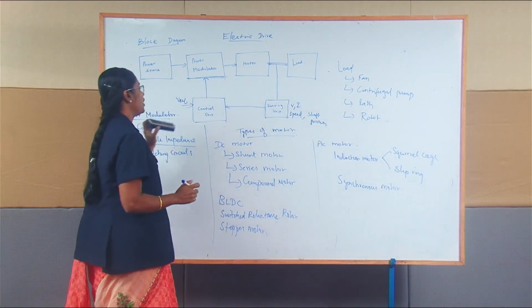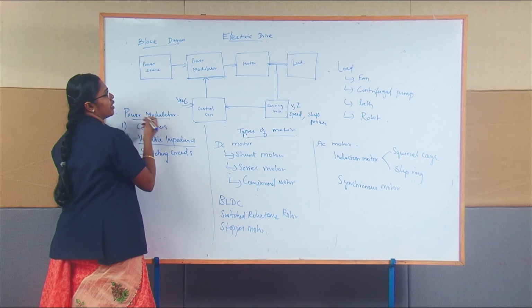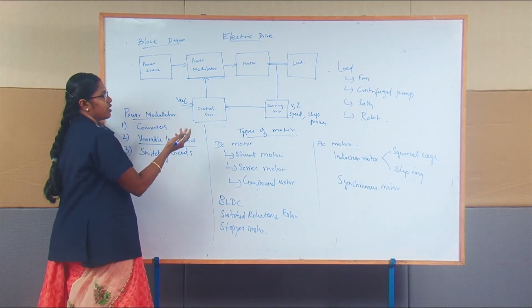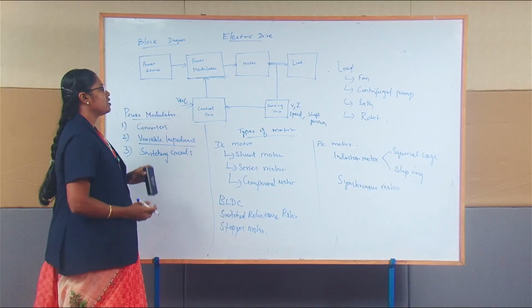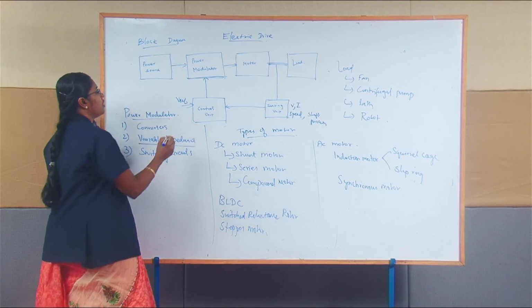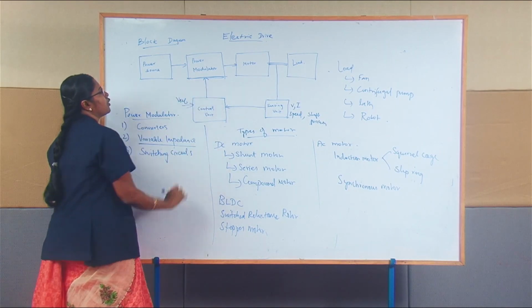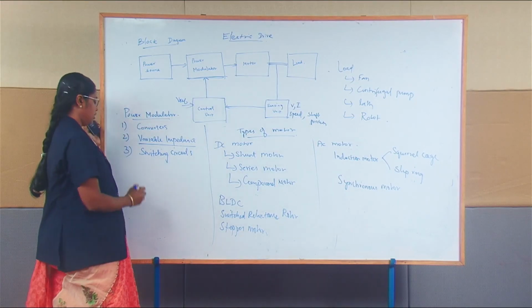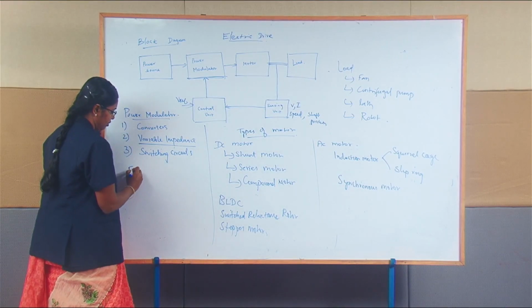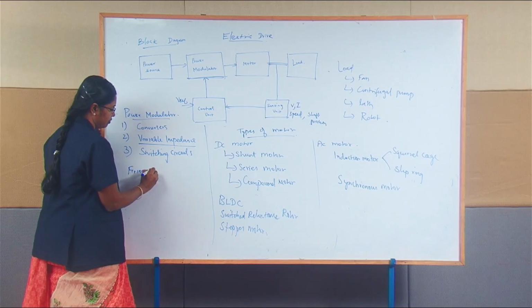And these parameters will be compared with, again, the voltage reference or current reference or speed reference. And the controller is going to minimize the error, okay? And the output from the controller is going to vary the firing angle or triggering angle